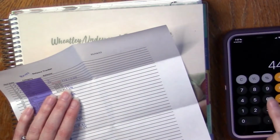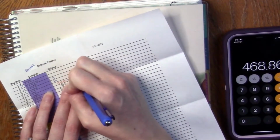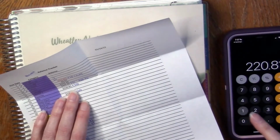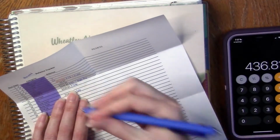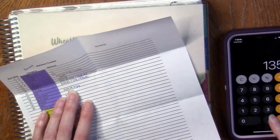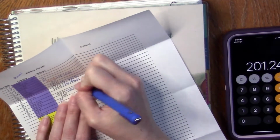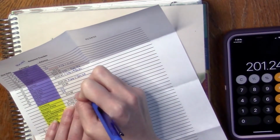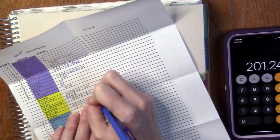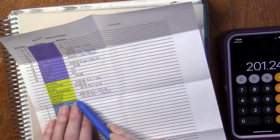This one, we've got 446.86 plus 22, 468.86, 220.81 plus 216, 436.81, 135, 24 plus 66, 201.24. This one's 143, 5.75, 192.78, negative 1662. Now, this one's allowed to be negative because the money for that is in a different account, and